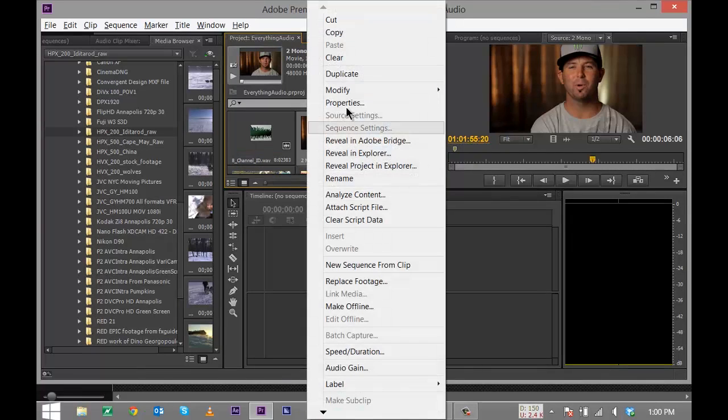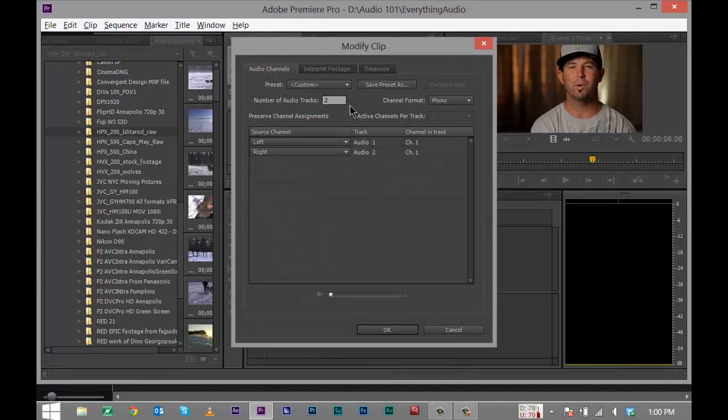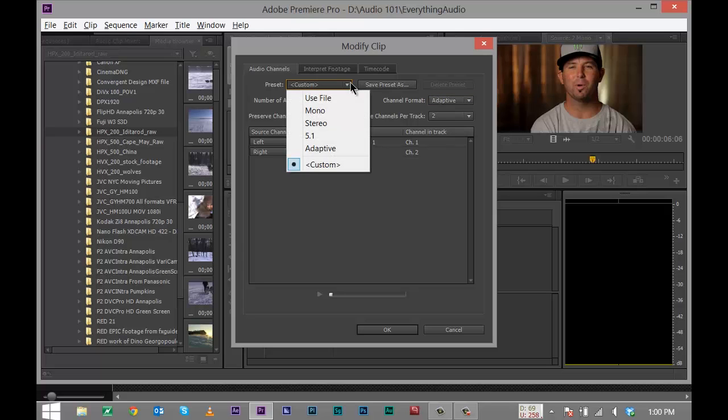Just right click on a file, choose Modify, Audio Channels, and make the choices in here. You can see I've got this set up as 2 mono tracks. I could set this up as 1 stereo track if I wanted to, or I could set it up as an adaptive track with 2 tracks that are set to adaptive, and I'll show you the benefit of those in a bit. You can also save your presets inside,